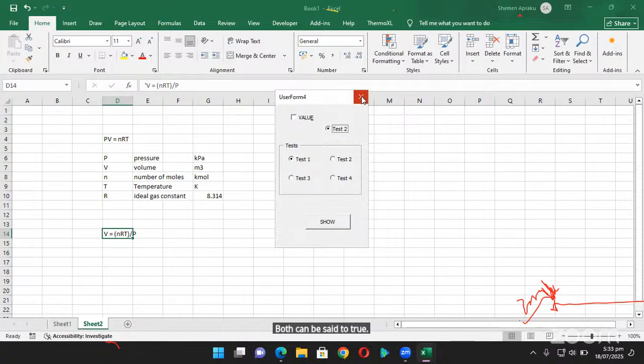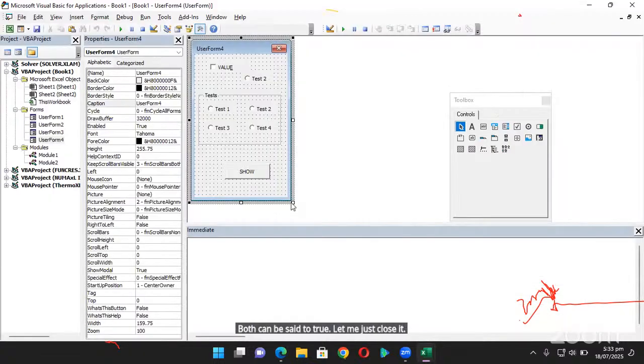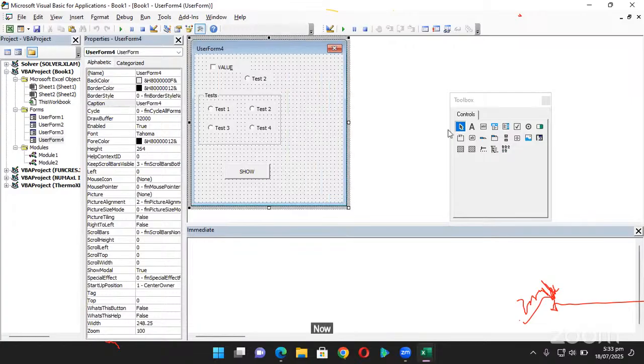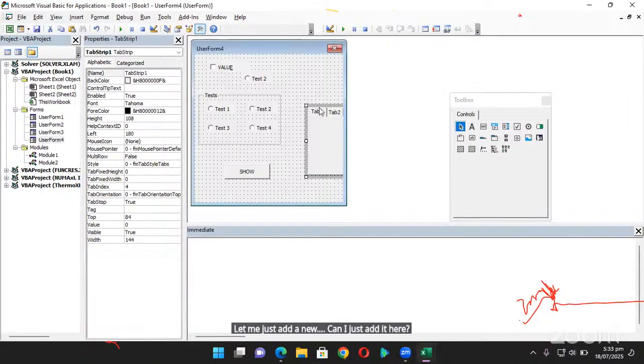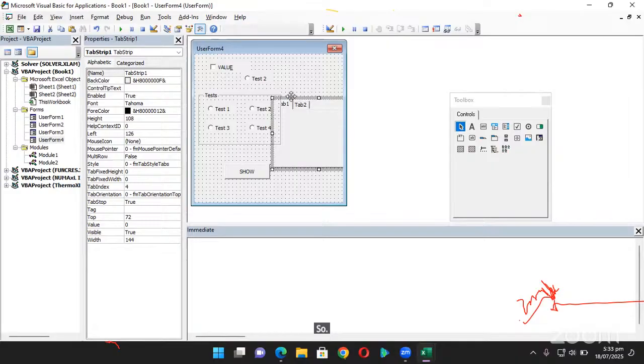Let me just close it. Now we have the frame we are used to, and the command button that we are also used to. We have the tab strip. So the tab strip, let me just add it here. It just adds several tabs to